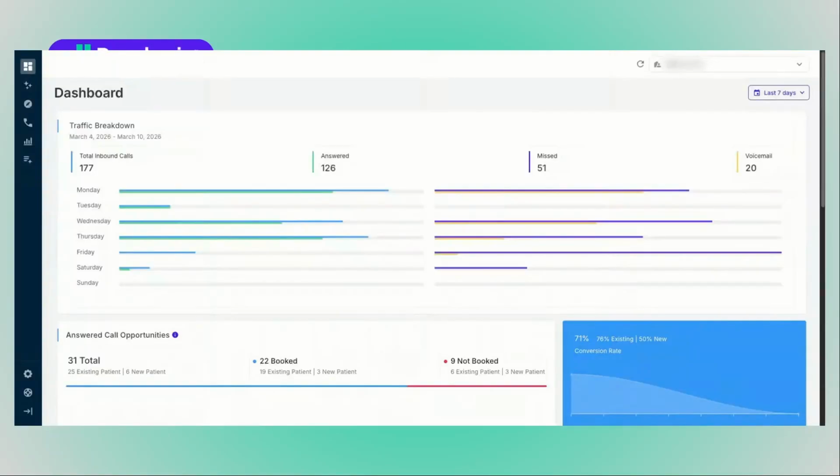This is going to be our main page of our dashboard. So as you can see, there's going to be a traffic breakdown, and this is where you're going to see all of the traffic that is coming in and out of the office. So you'll see total inbound calls, those that were answered, those that were missed, and then those that went to